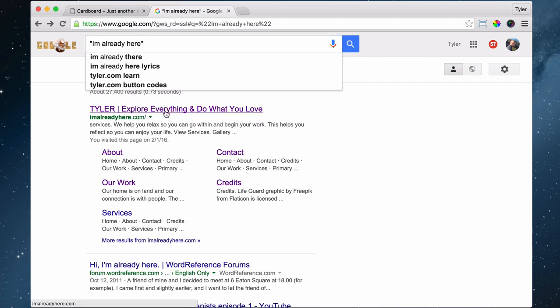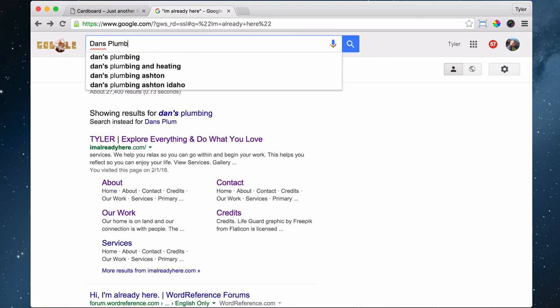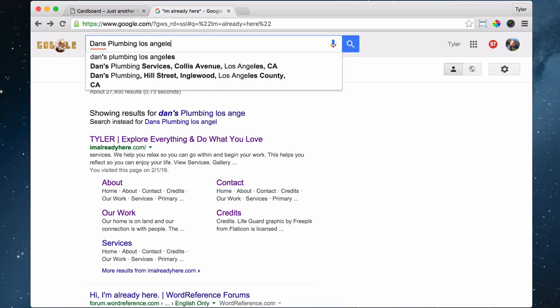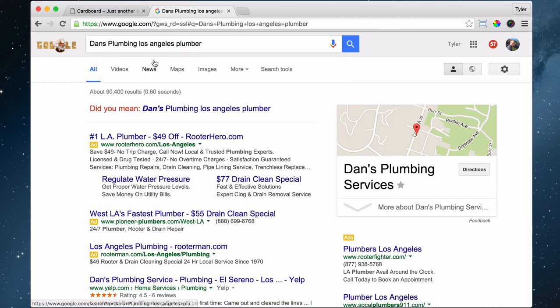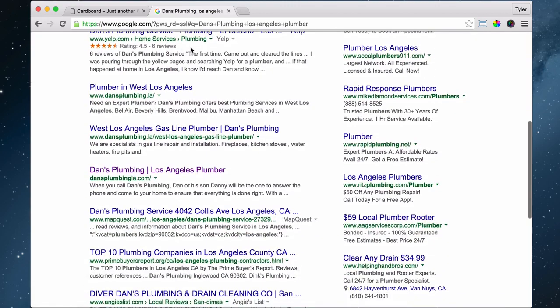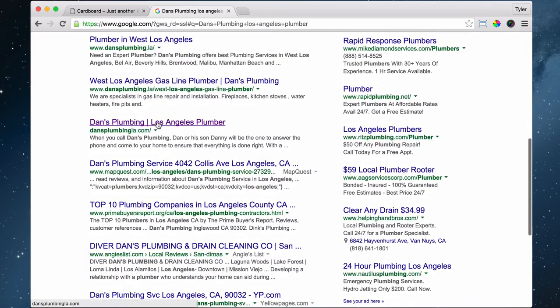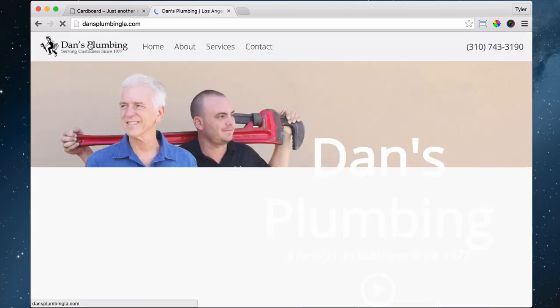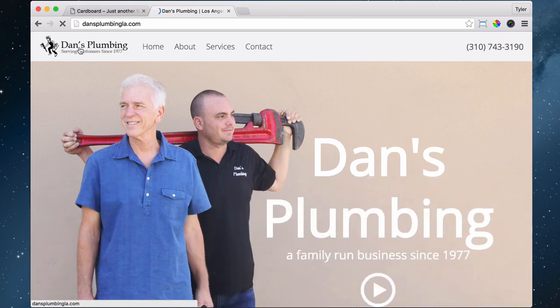So if you put in something like Dan's Plumbing, Los Angeles plumber, we could put that. We can see that it says right here, Dan's Plumbing, Los Angeles plumber. So if we click on that, we can see that Dan's Plumbing, even though there's a logo here, that's the site title, and the tagline is Los Angeles plumber. So when people are searching on Google for Los Angeles plumber, this has a chance to come up. So you definitely want to think about what kind of keywords you want in your